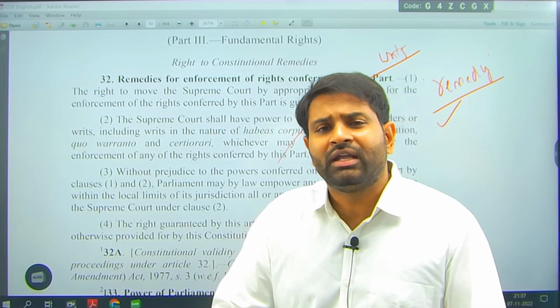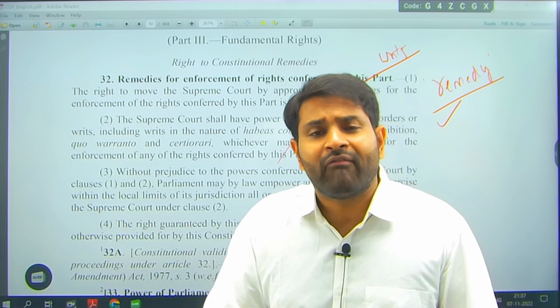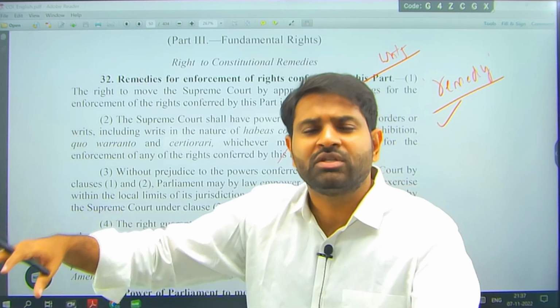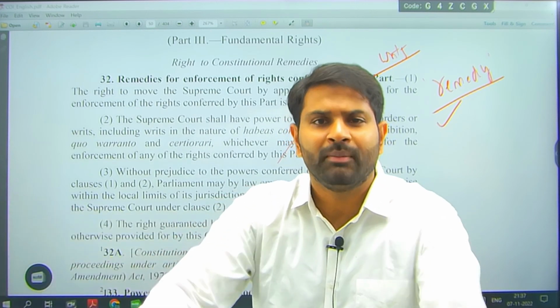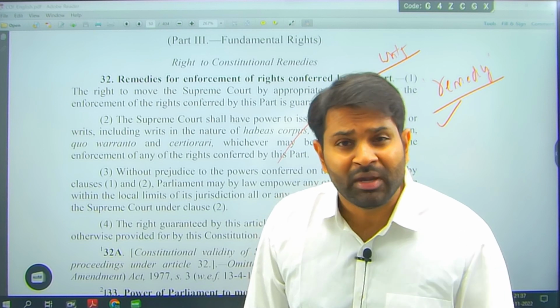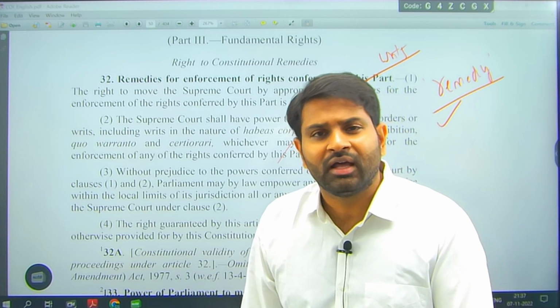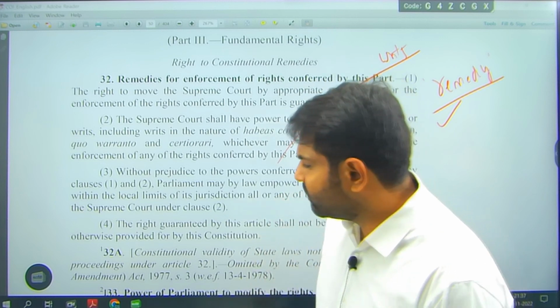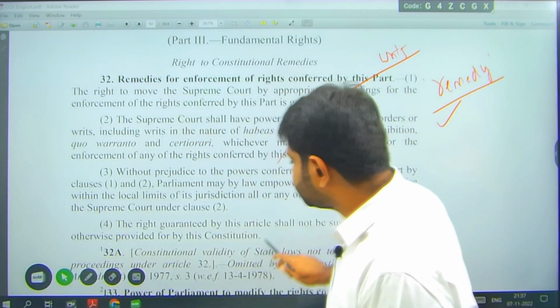These are the different instruments the Supreme Court has to control the state, to control the lower judiciary, to control different administrative departments, to control private people, right? That is what we are talking about. Article 32 is a remedy. If you don't have this article, fundamental rights are not enforceable. Because of this article 32, these are called enforceable rights. Done.